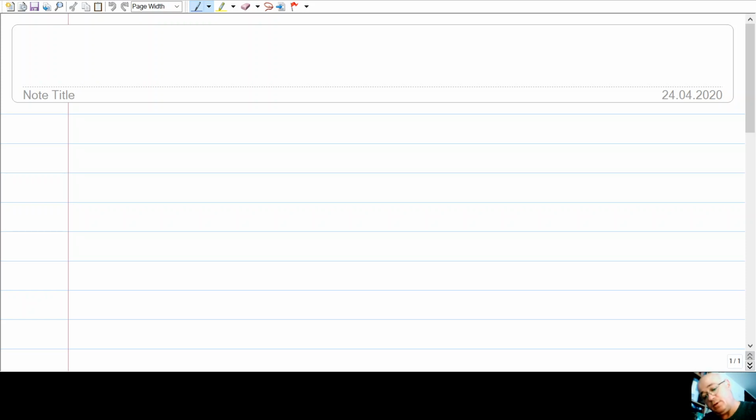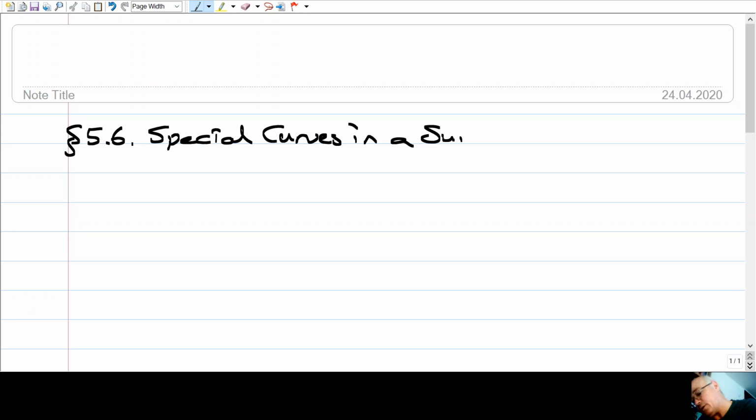Today we will start a new section, section 5.6. The name is Special Curves in a Surface. So we will basically study three different kinds of curves. Let me start with the first one,